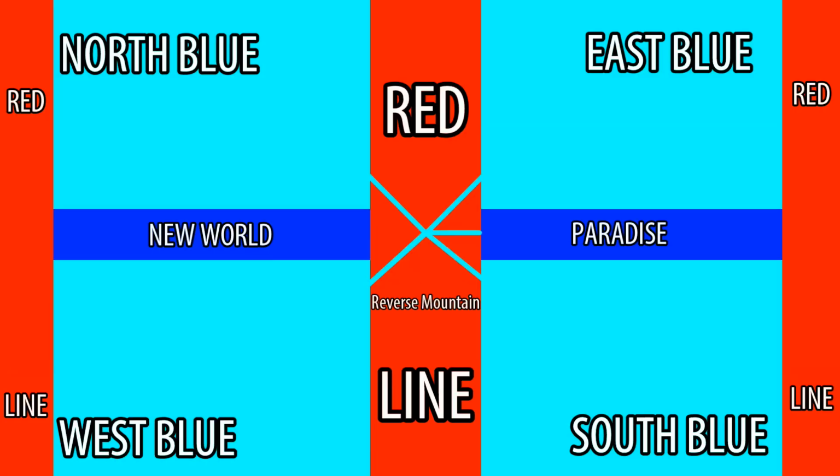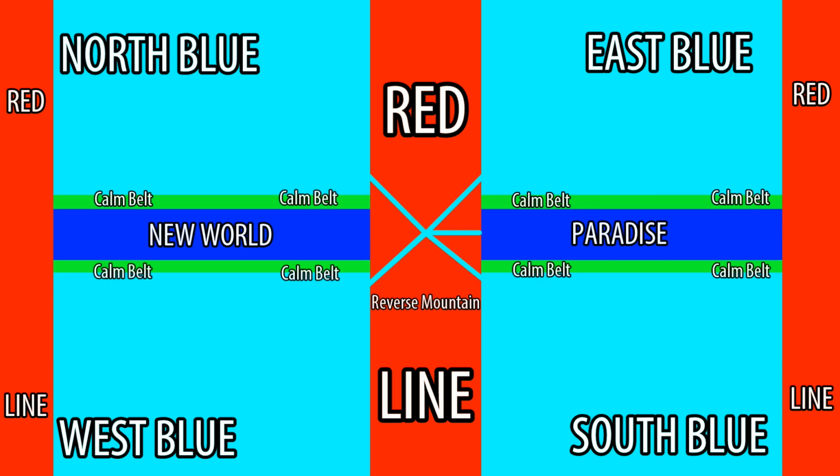Now, this is how most pirates access the Grand Line, but you might be wondering, why would they go through all the trouble of sailing up these deadly ocean currents on top of a mountain to get dropped in the Grand Line? According to this map, shouldn't they be able just to sail directly into the Grand Line depending on what part of the world they're in? Well, the problem with that is the Calm Belt, which is the last thing I'm going to add to this